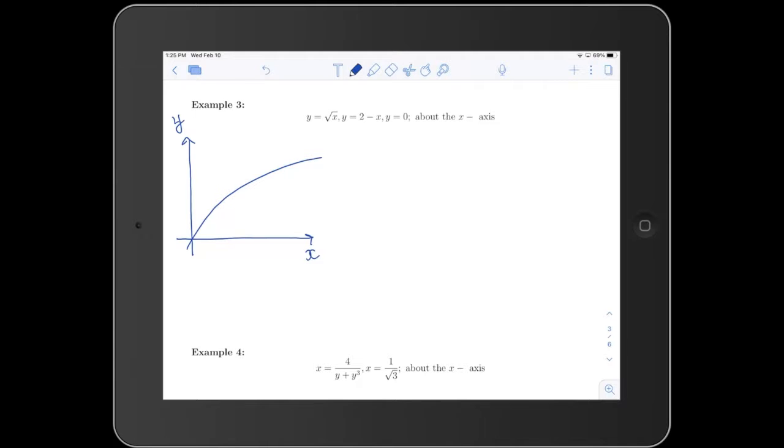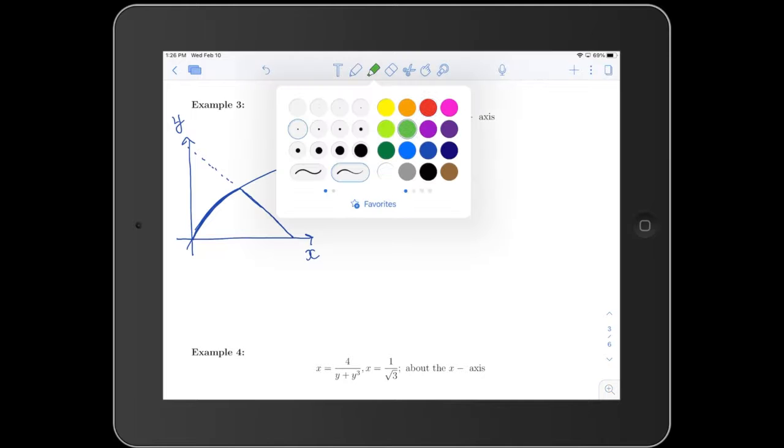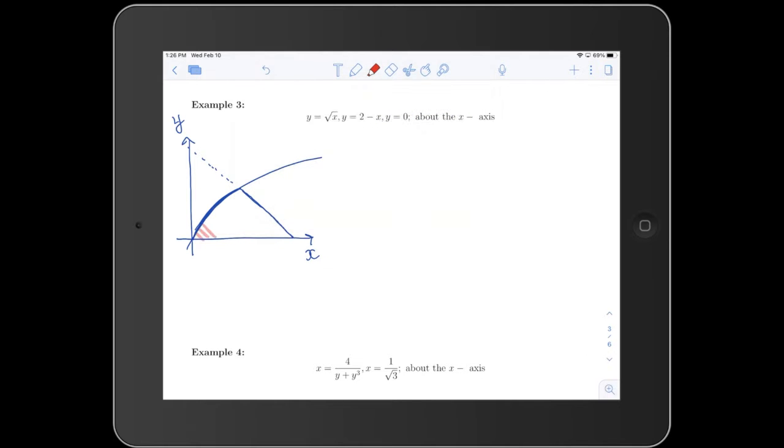Then we have y is equal to 2 minus x, a straight line with a negative slope. Kind of goes something like this, and then we're going to go this way. So we have some curvature over here, and this is a straight line. And y is equal to 0, that's the x-axis. So here's our piece that we're going to be revolving